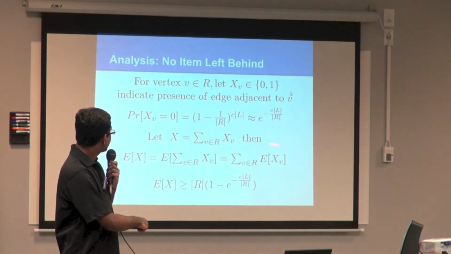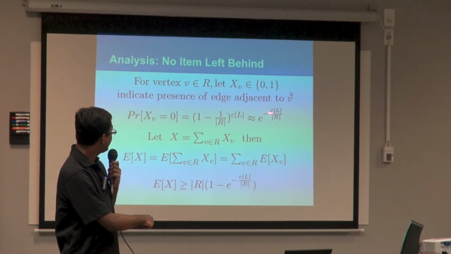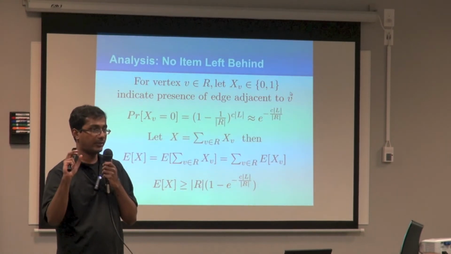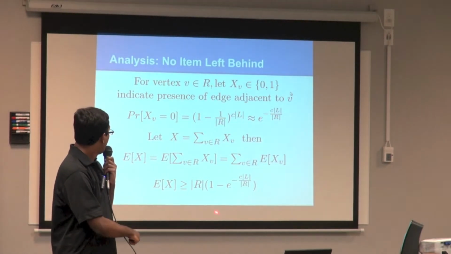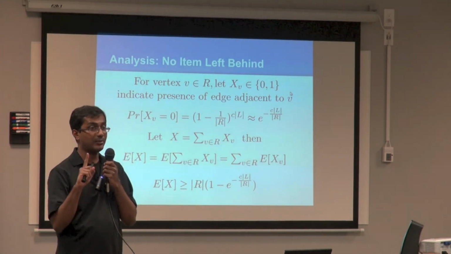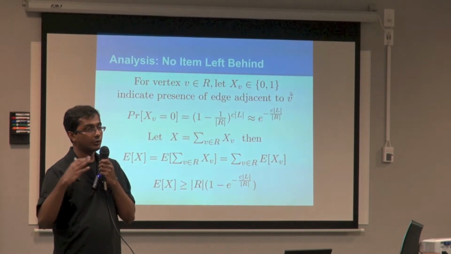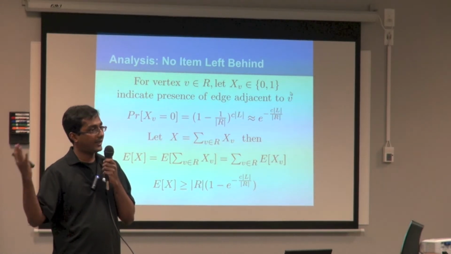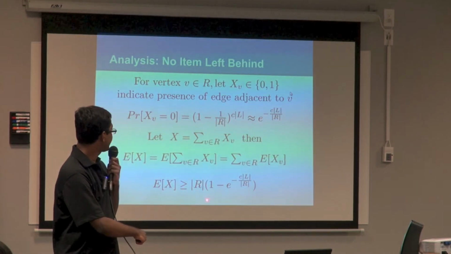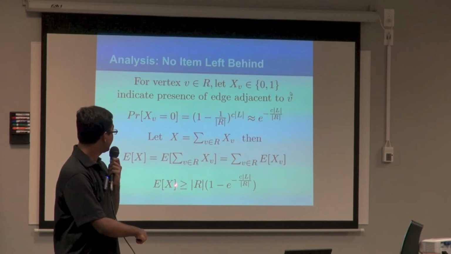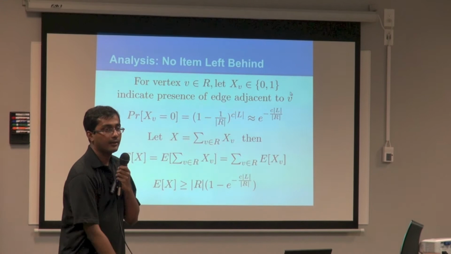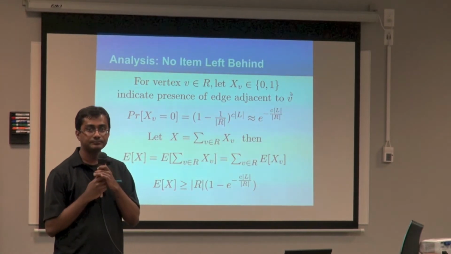What we just did was, e^(-CL/R) is the probability that one video I'm interested in got 0 recommendations. 1 minus e^(-CL/R) is the probability that that video got a single recommendation at least. So the total expected number of recommended videos is simply the number of videos in all times the probability that a single video gets recommended. So it's the cardinality of R times (1 minus e^(-CL/R)). Is that kind of clear?